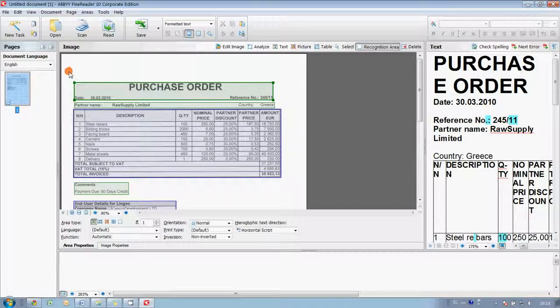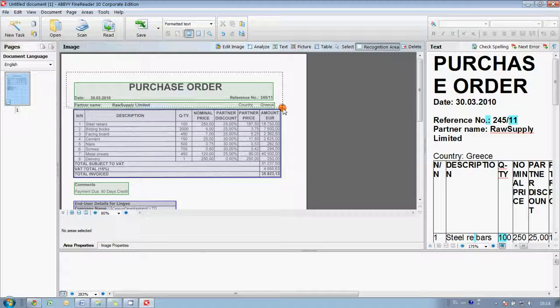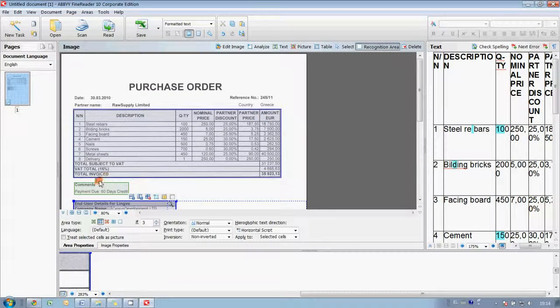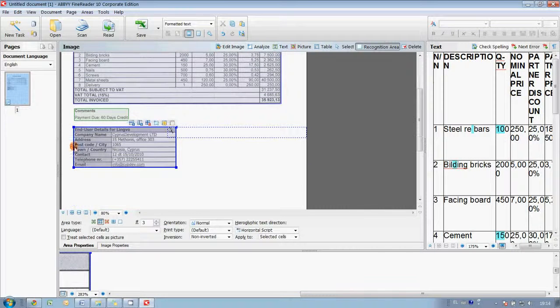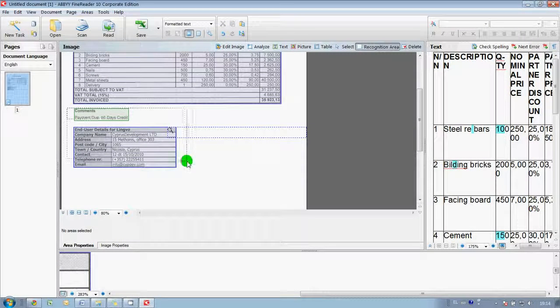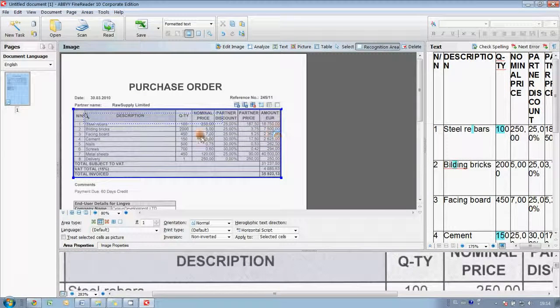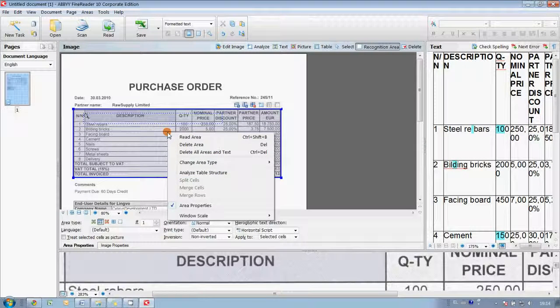So we can simply delete unnecessary blocks by selecting them and pressing the Del button, and here. Okay, so for the time being only this block is left selected, and as you may see, ABBYY FineReader automatically identified